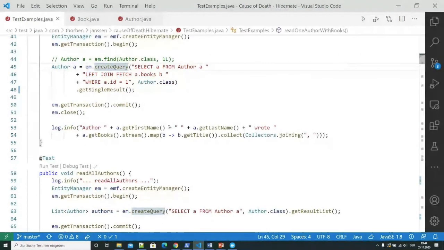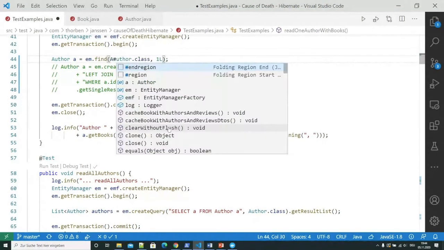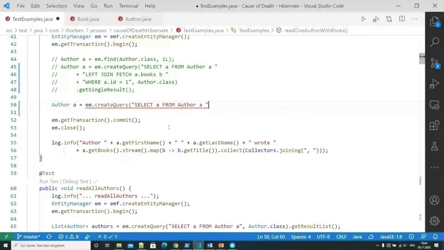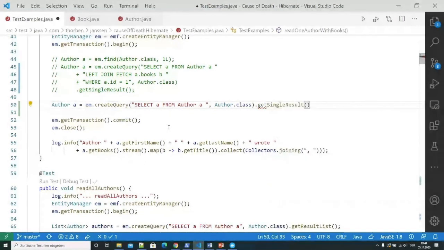And we could use that either with the entity manager find or with a query.